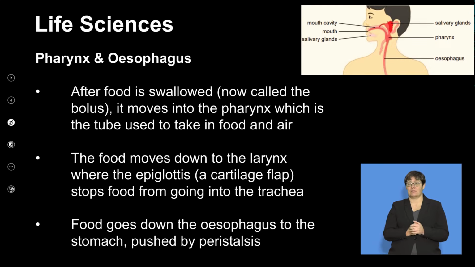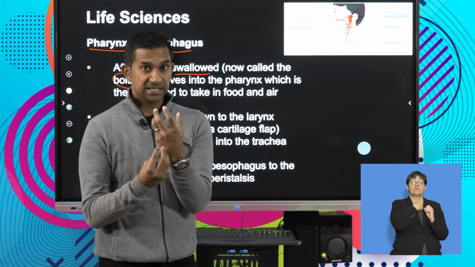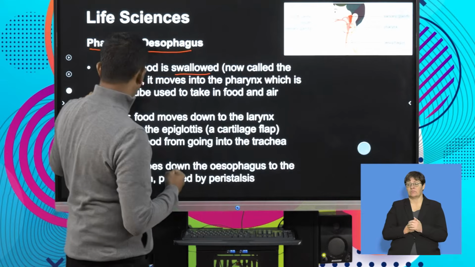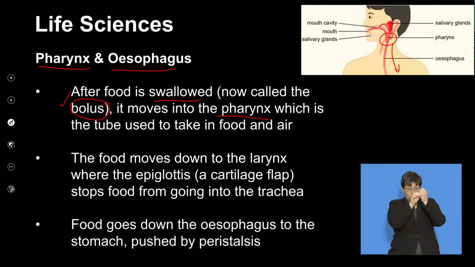We then move from the mouth into the pharynx and the esophagus. So when we look at the pharynx here, and then we look at the tube that carries the food down to the stomach, we call that the esophagus. After food is swallowed, it is now called the bolus. That little ball of food that is chewed up into a round ball and mixed with saliva is known as the bolus. It moves through the pharynx, which is a tube which takes it